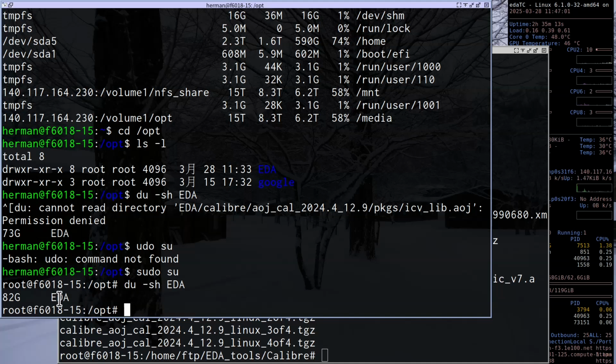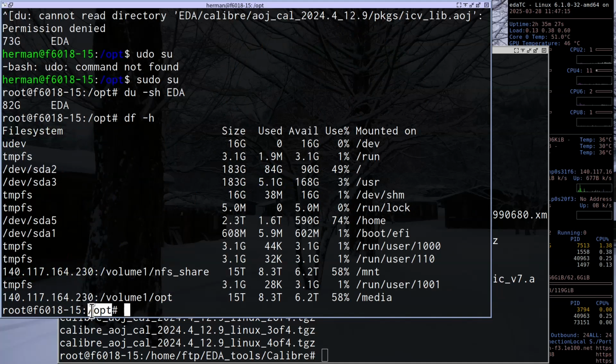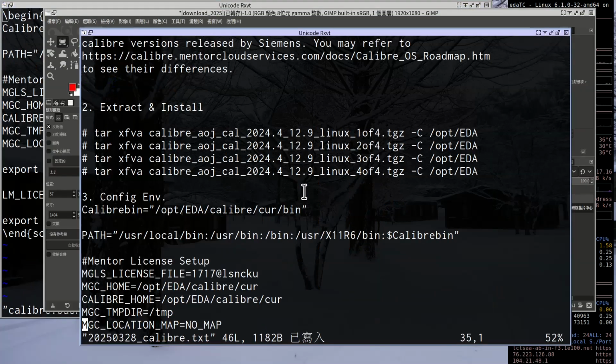You can see we already installed 82 GB. And maybe if you take a look here, I didn't have a separate partition for OPT. My OPT is in this partition, so maybe I will suffer a space-not-enough problem. I will show you later, if we encounter this problem, what you should do.